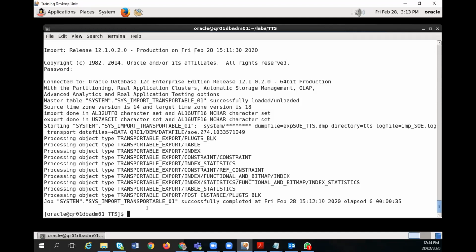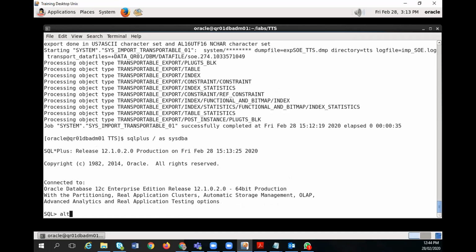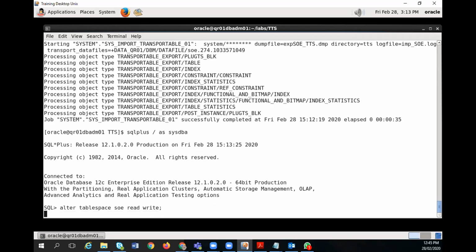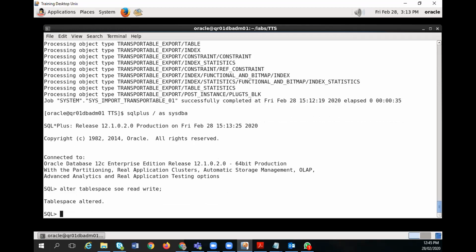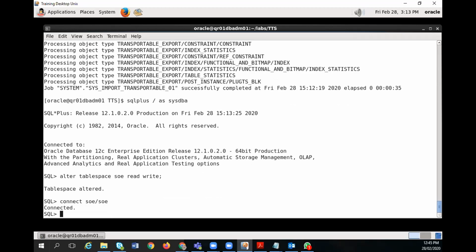Let me log into the database and check it. As you know, it was in read mode, so convert it into read write. And now connect to the user. And then I can check with my file.